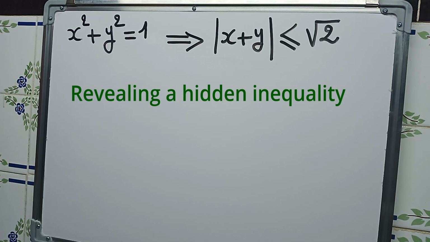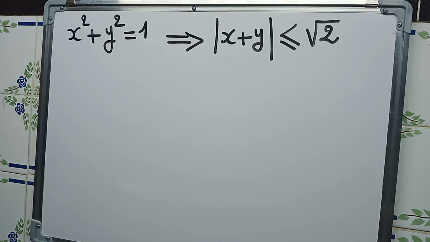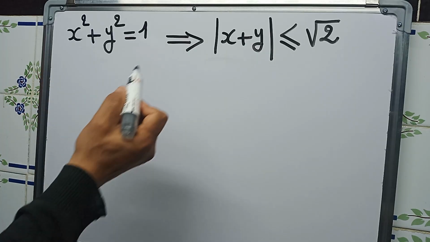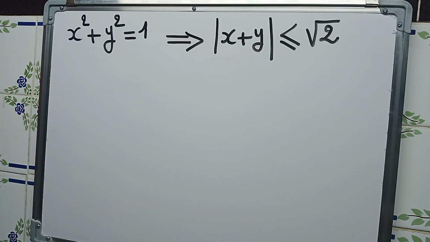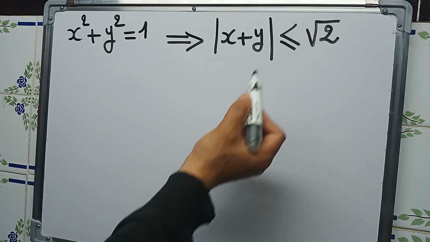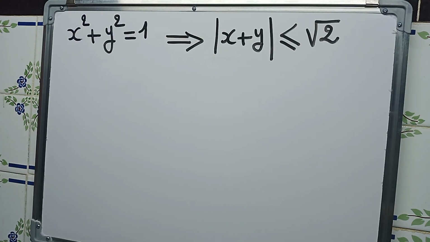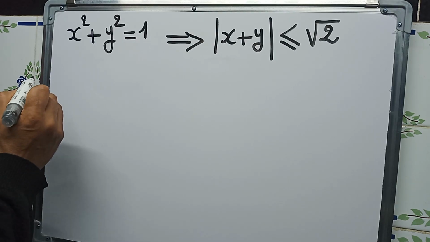In this problem, x and y are two real numbers, and we will prove that x squared plus y squared is equal to 1 implies the absolute value of x plus y is less than or equal to square root of 2. So how will we do it? The first thing is we will prove that